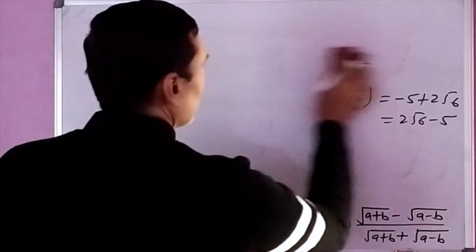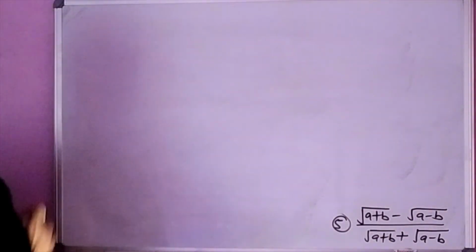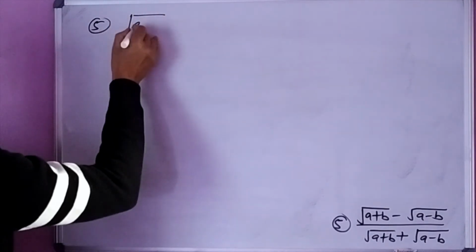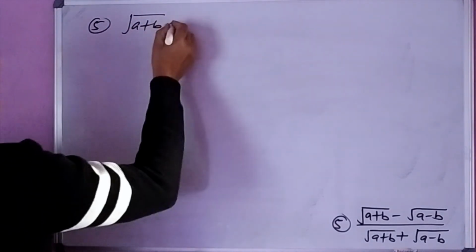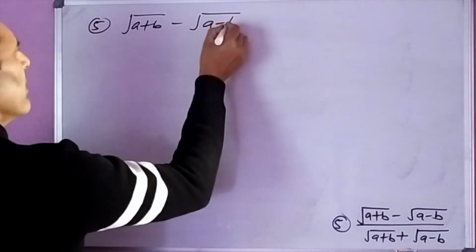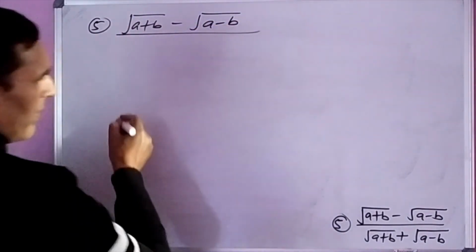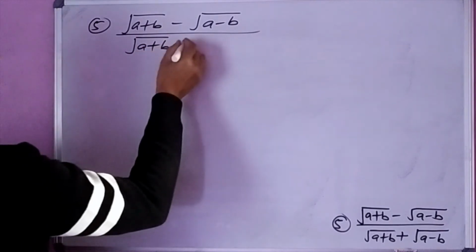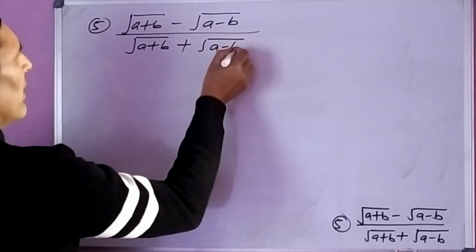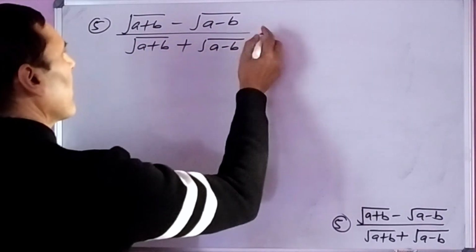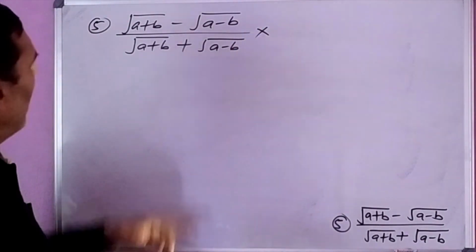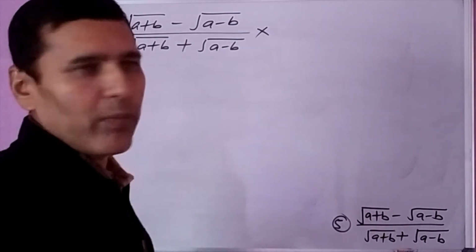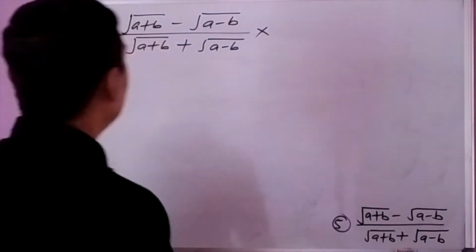Now we have last question, question number 5. Under root a plus b minus under root a minus b whole upon under root a plus b plus under root a minus b. It is also similar question. We try to rationalize the denominator. For that we have to multiply both numerator and denominator with the conjugate of this denominator,